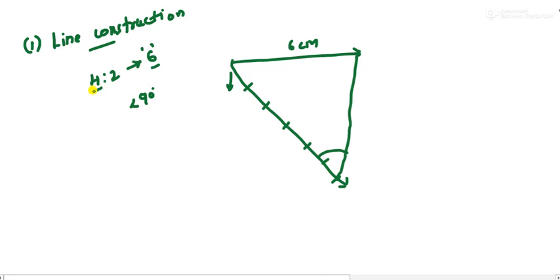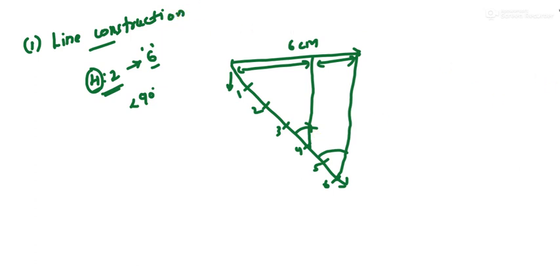And then what is the first number here? 4. So from here we count 4. 1 2 3 4. This is 5, this is 6. From 4 we take the same angle, we cut this, and then we join. Now whatever you are getting here is in the ratio 4 is to 2. So this is for line. You will get the question and understand the type of question that will be asked.